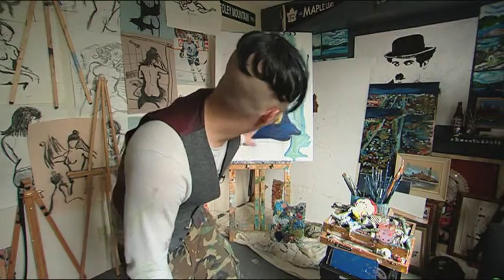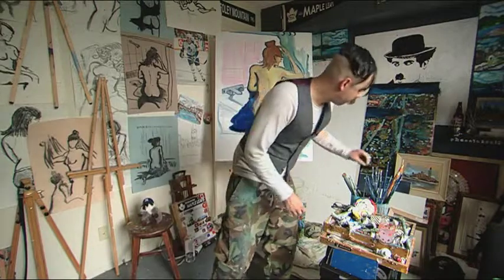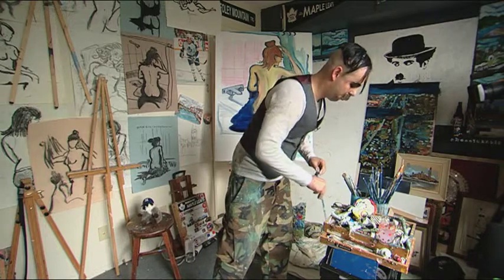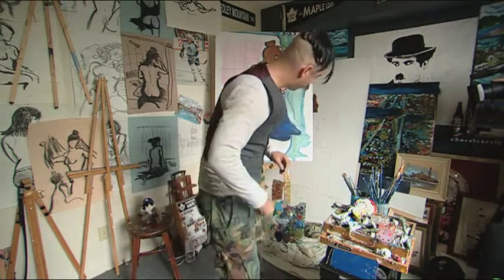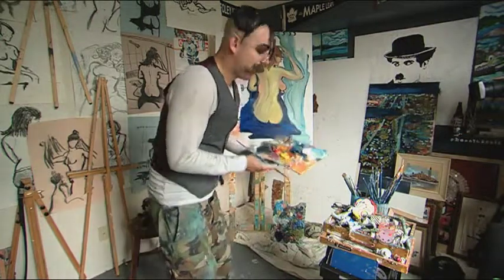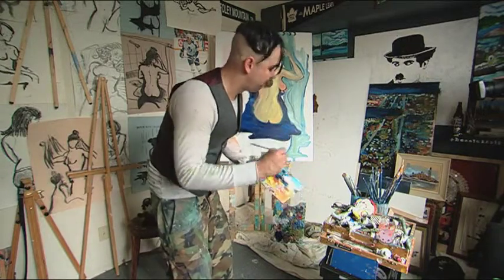There's one more thing we got to do before we finish this painting. It's called the signature. Sometimes I sign the back of the painting, sometimes I sign the front of the painting. It all depends on how much space I used around. Since there's a lot of negative space here, I think it would look nice, a nice little touch, if I signed the bottom of it. Just get a small thin brush. Don't have to make it too big. Now, one of the reasons why I don't is because I always feel that a signature sometimes will take away from the painting if you've made it too big